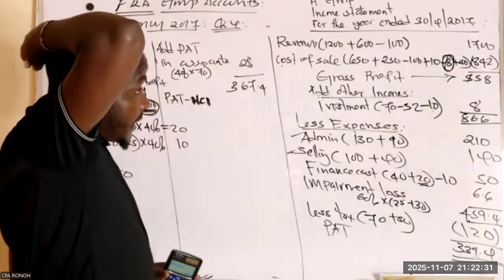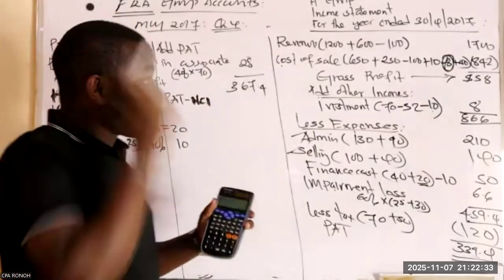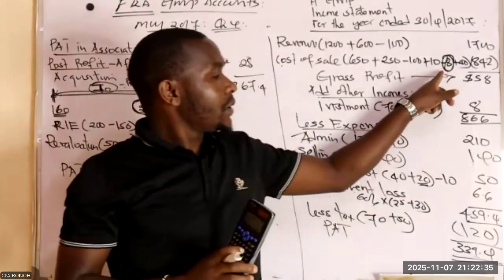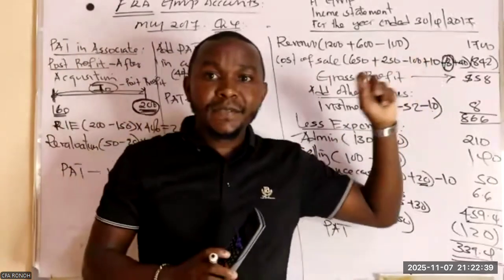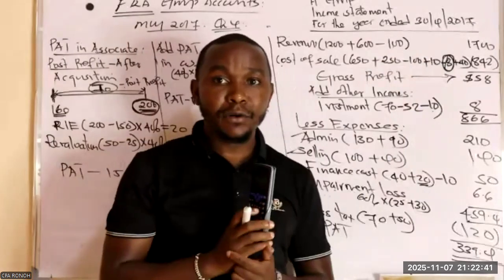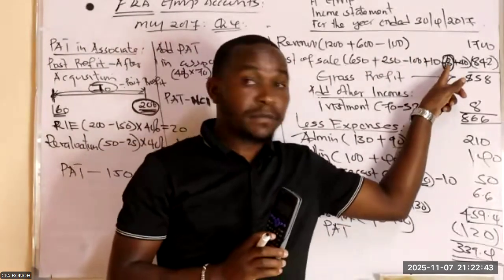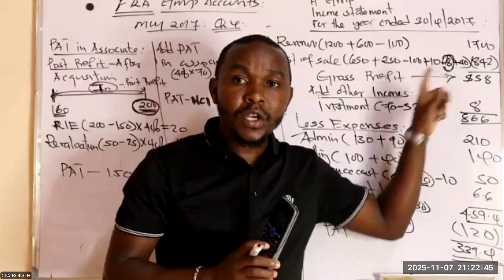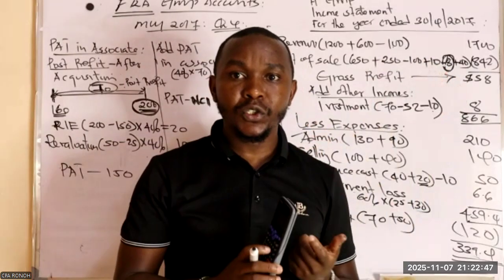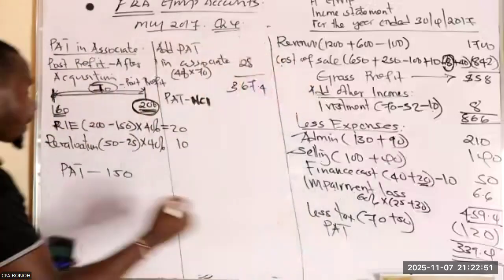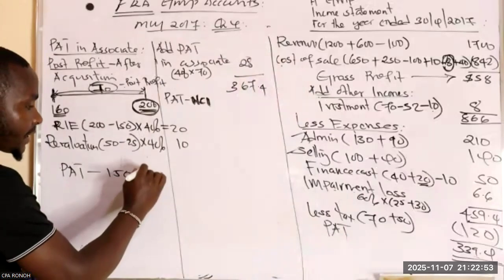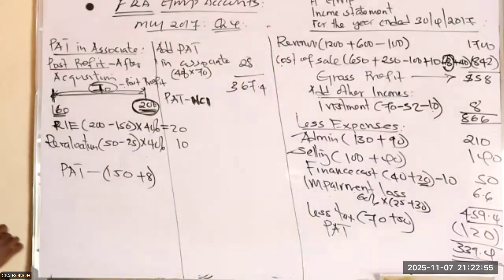It will only affect the two companies, because this depreciation overcharge, the parent and subsidiary, they account that amount. So we'll add back this one because they overcharged depreciation. What happens if you overcharge depreciation? It reduces your profit. So we add back that profit. So plus 8, plus 8, plus 8, plus 8, plus 8. So whatever you get,